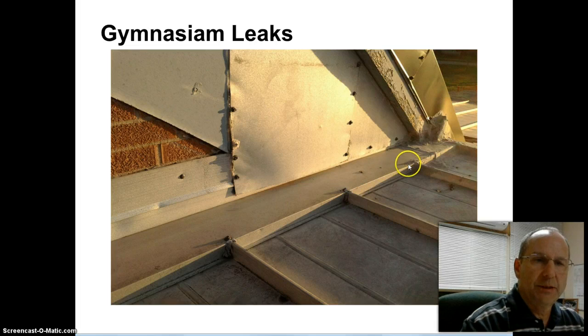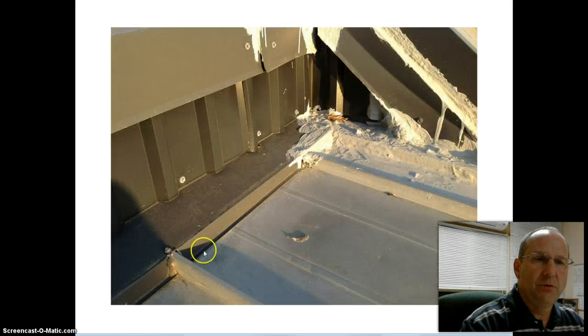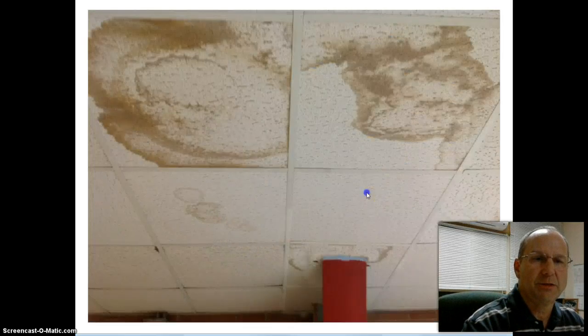We have leaks in the main entryway. I believe it's because this needs to be caulked. This is just another view of the same. It's right near the same area. You can see there's been a lot of caulking done, but there's still more that needs to be done to get the leaks to stop.